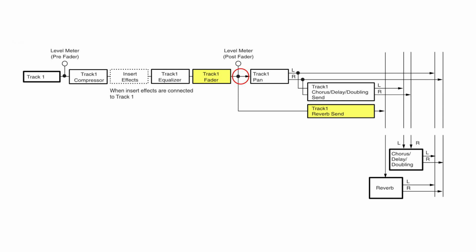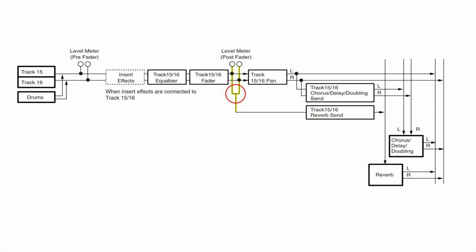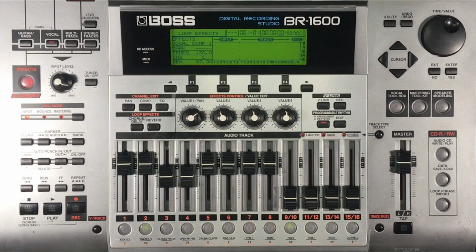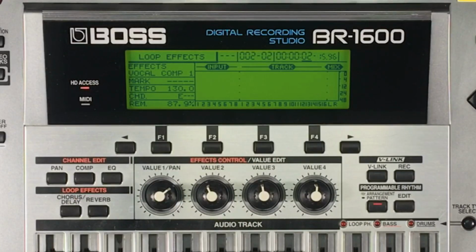There is, however, a way we can still do this. The send for the reverb is taken before the pan control. So even if the source is stereo, the signal is first reduced to mono before being sent to the effect. Once processed, it is then returned in stereo and combined with the original track at the output stage. We can take advantage of this routing and create a separate stereo reverb track from a recorded track.